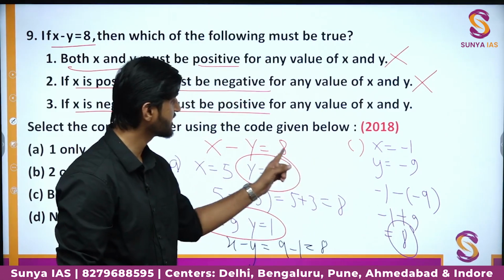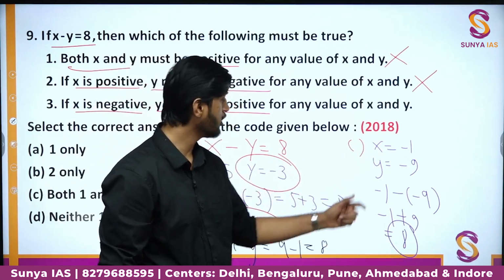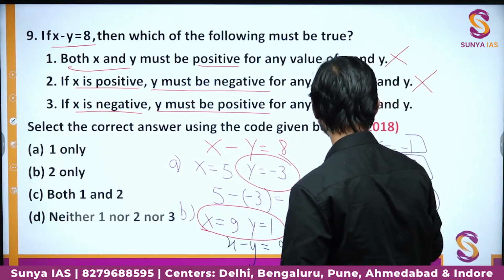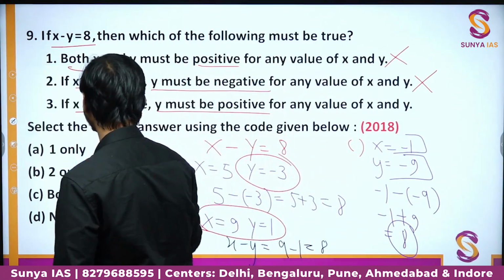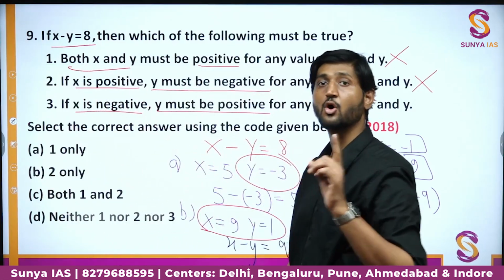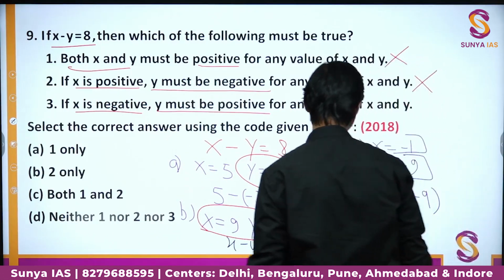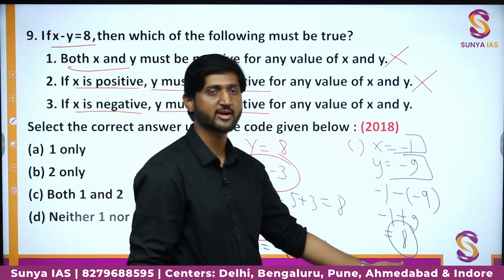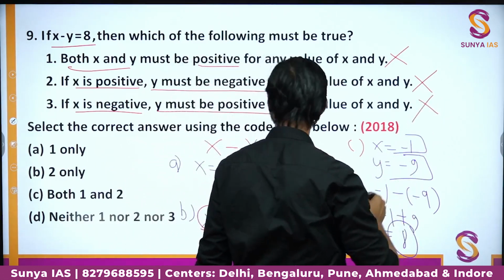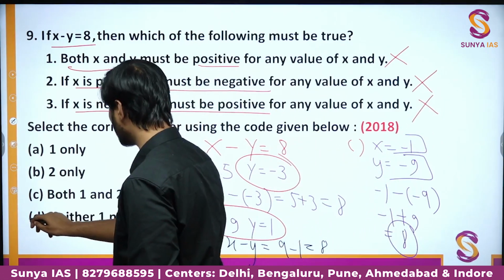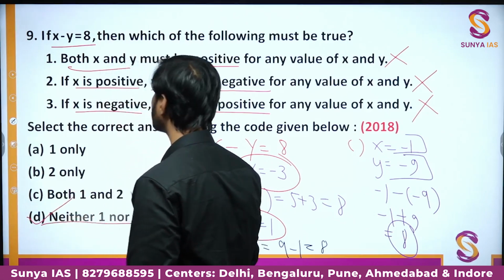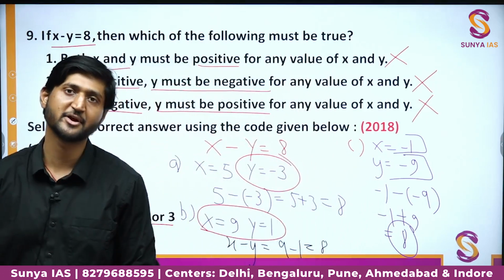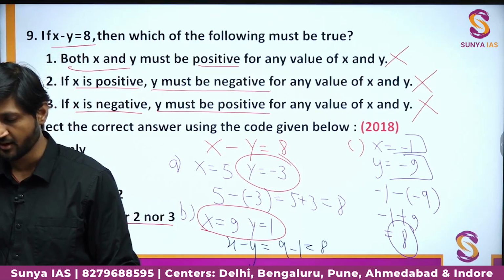So, it is again satisfying the condition of x minus y equal to 8. Here also you can see x we chose to be negative, but y was also negative. So, this condition to say that if x is negative, y must be positive is also incorrect. We have an option where x is negative and y is also negative, and still they are satisfying the condition. So, this statement is also incorrect, and overall we can say that neither 1 nor 2 nor 3, none of the statements is correct in this case. This particular question also was solved by putting different values in the sequence, right.